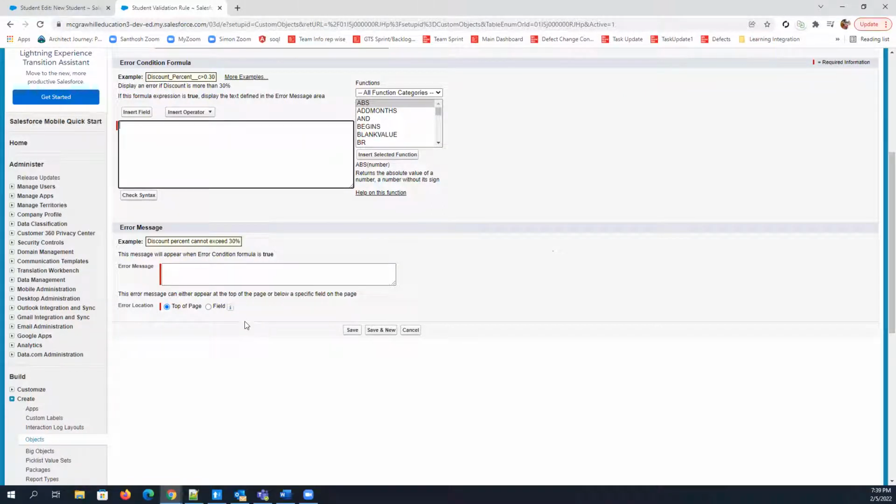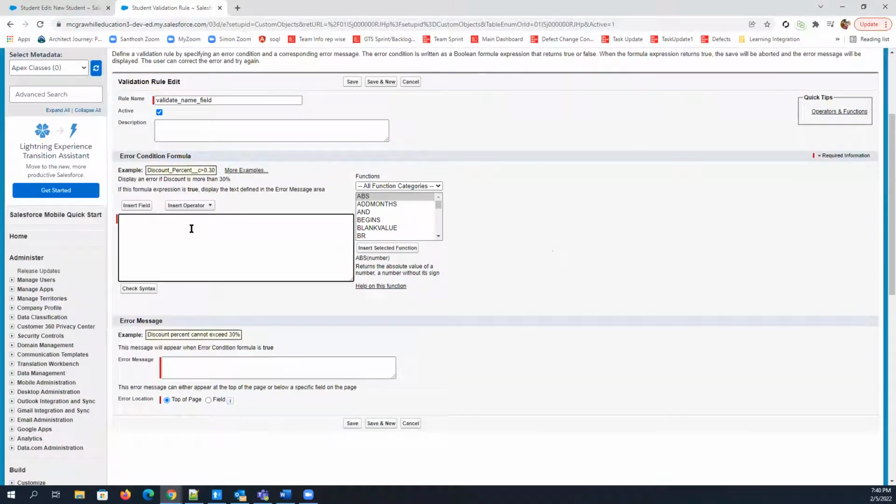So you can put your error in two different locations, either directly on that field, so it will show just below that field, right? And this one is for top of the page. So every error you will see, if you select this one, on top of the page only. So here, this is the main thing that you need to understand. And it is for validation rule and formula field. For both, it is the same, right? We'll discuss formula field in the upcoming lecture, but here, this particular section is the same for both.